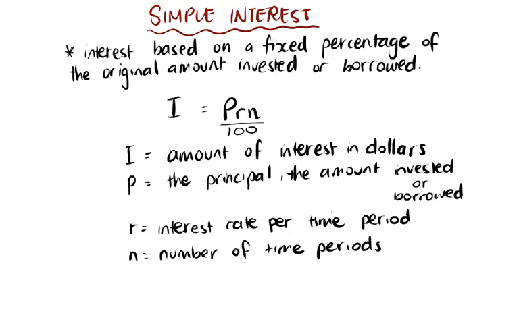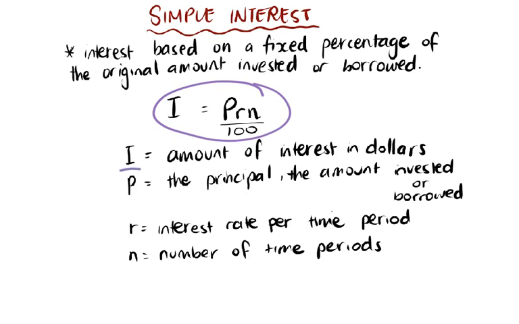Today we're going to be looking at simple interest. Simple interest is the interest that is based on a fixed percentage of an original amount that has been invested or borrowed. In these examples, we are going to be using this simple interest formula, where I equals the amount